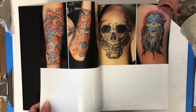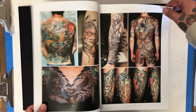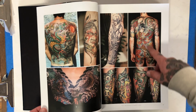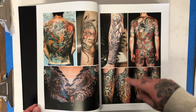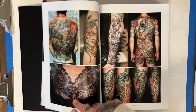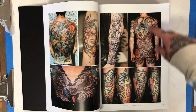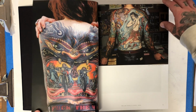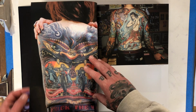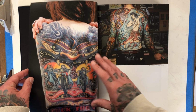Another great skull. Some cool little bikery skull stuff. Here we're getting into some of his early psychedelic art and some Japanese stuff. This book isn't put in any chronological order, so a lot of these tattoos are kind of jumbled together. This is definitely done in the 80s, whereas this was probably done in almost 1990 or something. This is super cool. And even just an interesting thing, even though this tattoo is fairly heavy in its style, probably done in the 80s,